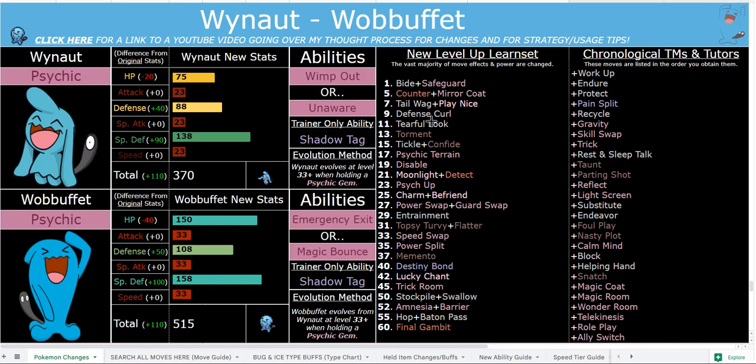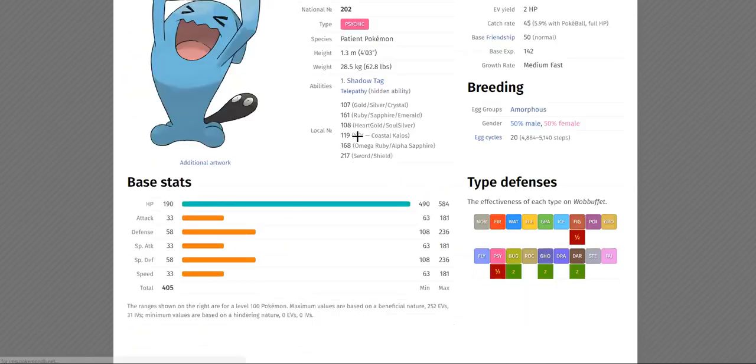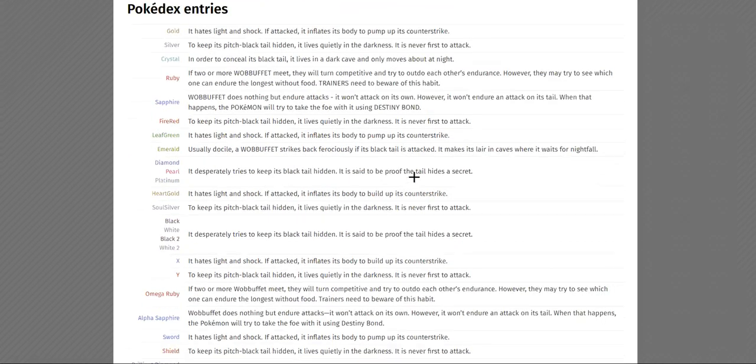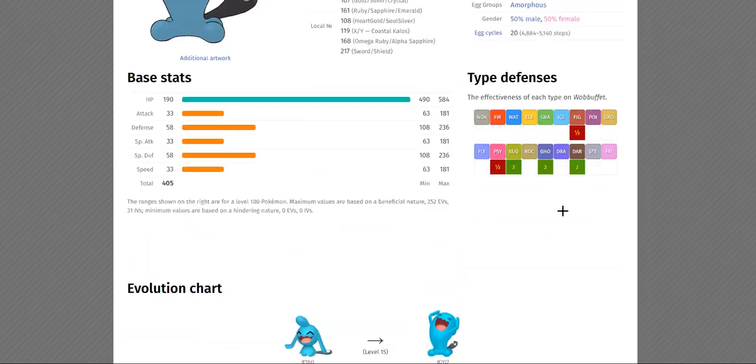Also, I didn't mention yet Foul Play. Foul Play is one of their best offensive moves. I think it fits really well given their dex entries and stuff with Wobbuffet and the fact that it almost seems like a dark type in a way. I did consider Psychic Dark and Psychic Ghost, but I opted to just keep them as pure Psychic for simplicity and because we have other Psychic Darks. So